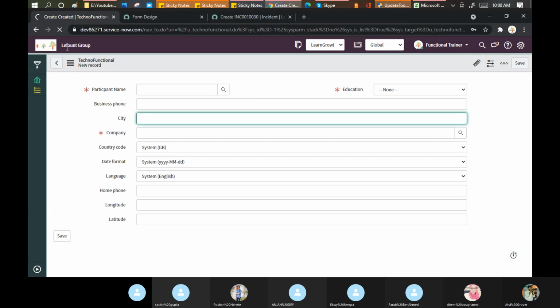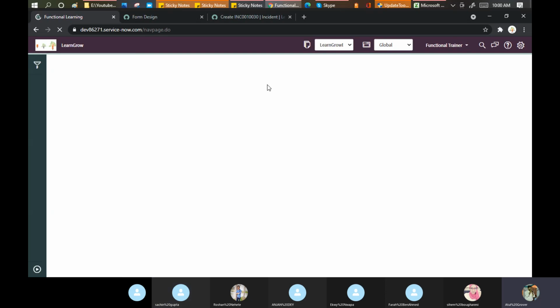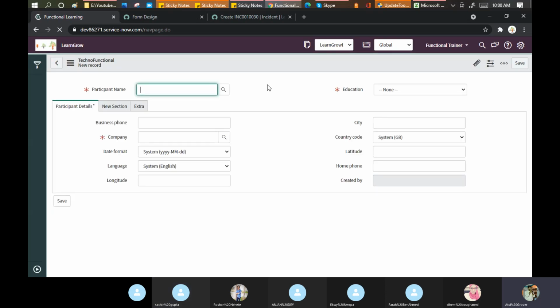Now let me go and reload my page. Why is it visible to every user? I think it should not be. It will be, boss. If you change your name from Sachin Gupta to something else, it will be visible to everyone in the market. Right.